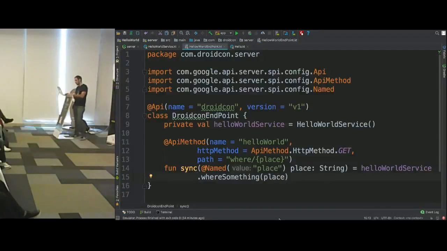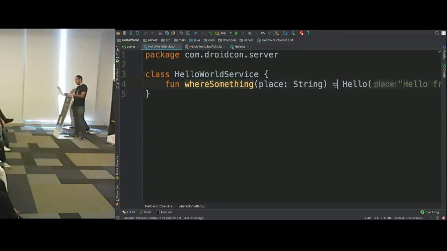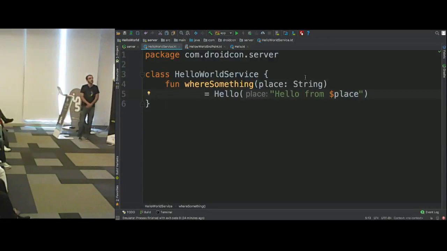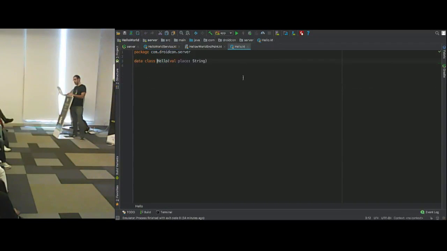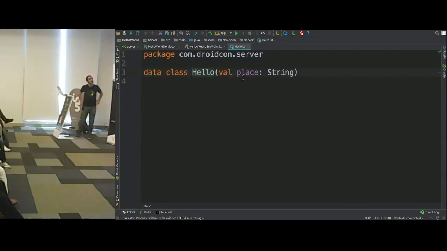Okay, that is going to write something. If I go to write something, it's only a function that is returning an object hello with a string, right? With string templates. And the object hello, it has a lot of complexity, and it's only a data class with a place string. So 3 classes,